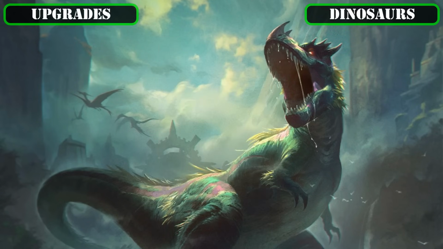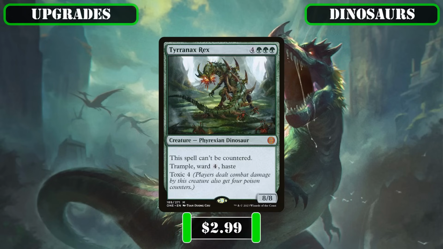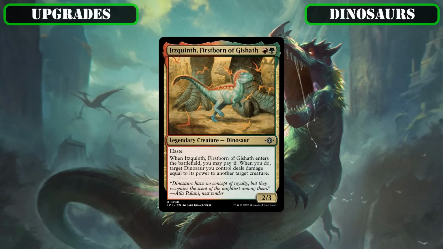And then reaching some of the apex predators we'll be adding to our Jurassic menagerie, we'll be sidelining Shifting Ceratops, whose keyword granting and protection against blue are okay, but not particularly impressive, to swap in Tyrannix Rex, who possesses a much bigger stat block, has various keywords naturally to make itself more dangerous and resilient, and even has Toxic 4 on top of that to slowly poison our opponents even if they don't succumb to its damage output, putting Squirrelnest, Firstborn of Gashath, back into the hatchery,